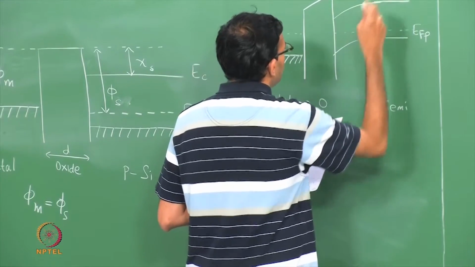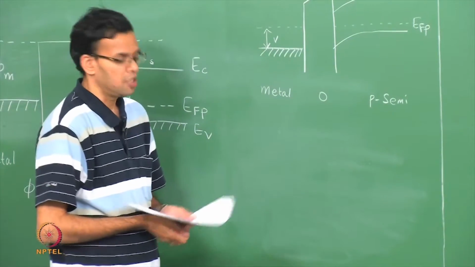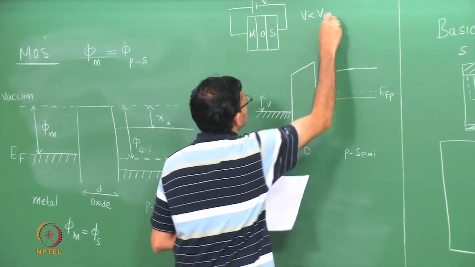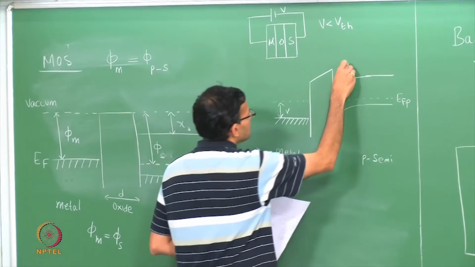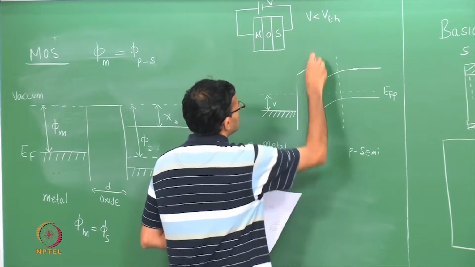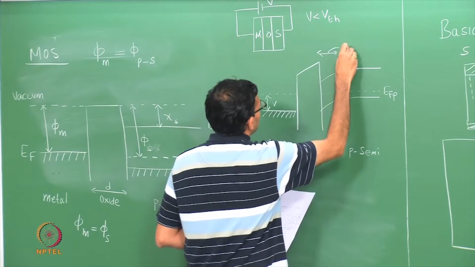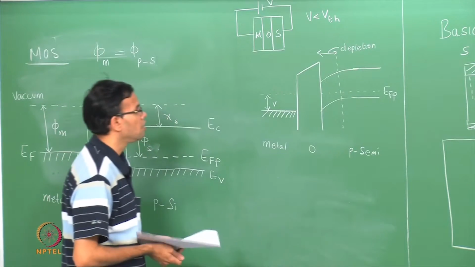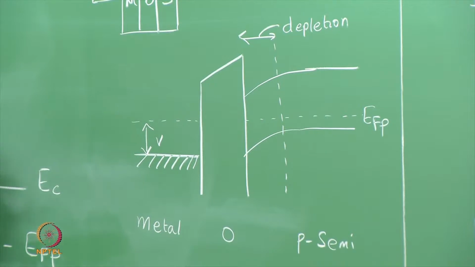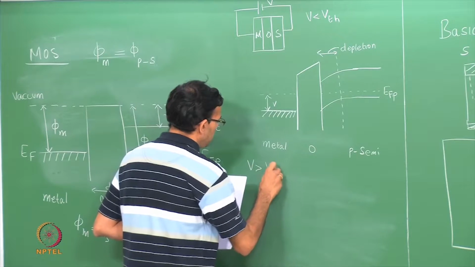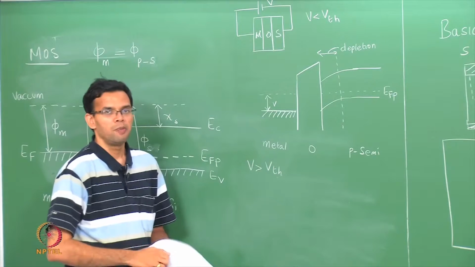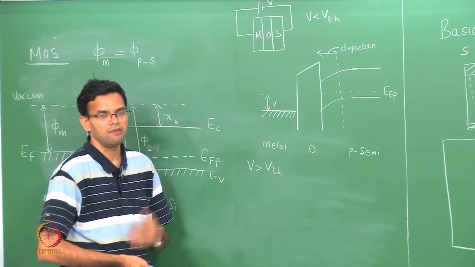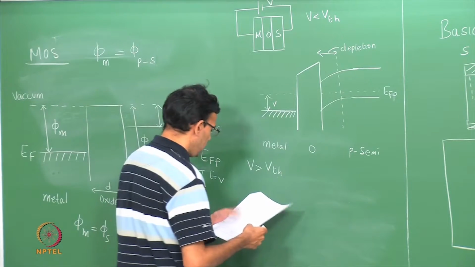So, you have band bending as you go towards the junction. In this particular case, V is less than V threshold, so that you can define a depletion region. If you have a situation where V is greater than V threshold, your bands have bent so much that near the surface you have inversion. So, if you were to draw that again,